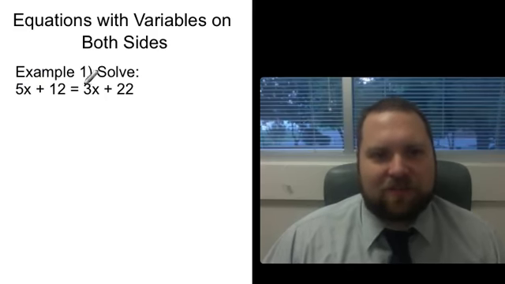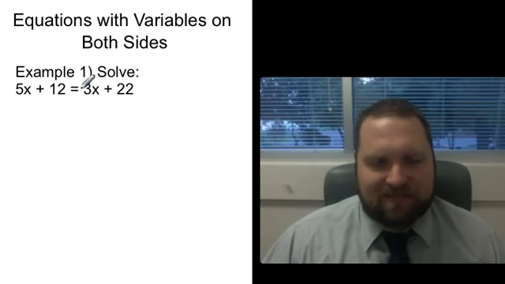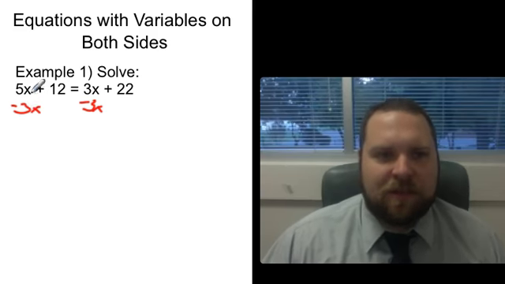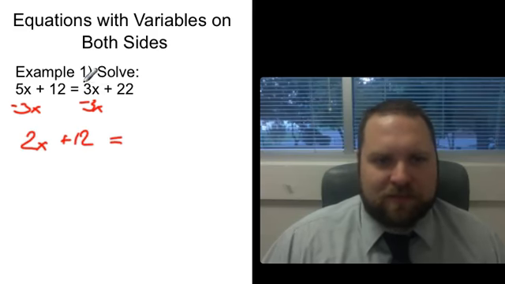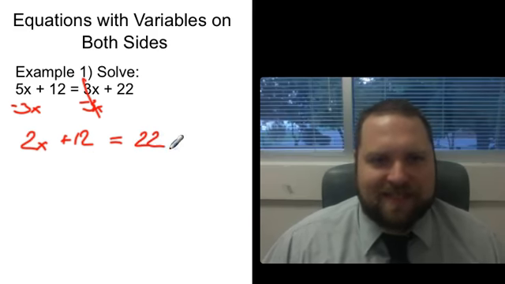So I've got a 5x and a 3x. I'm going to eliminate the smaller of those two, which is the 3x. There's nothing in front of that 3x save an equal sign, so this is positive 3x. So to eliminate that term, I'm going to subtract 3x from both sides. 5x minus 3x is, of course, 2x plus 12 equals, now on this side, the 3x and the minus 3x cancel out. I've eliminated one of those variables, and I'm left with just 22,